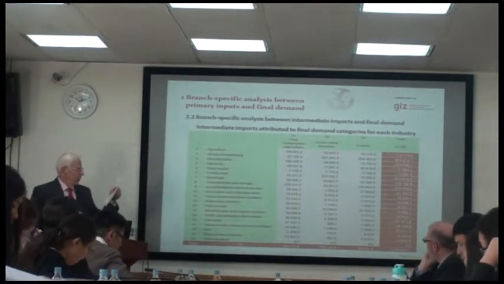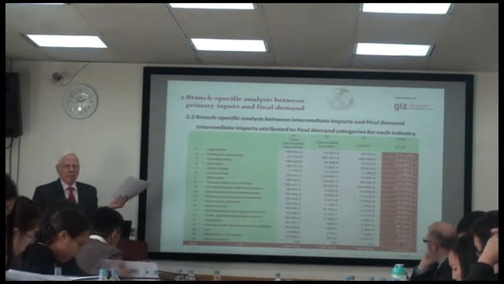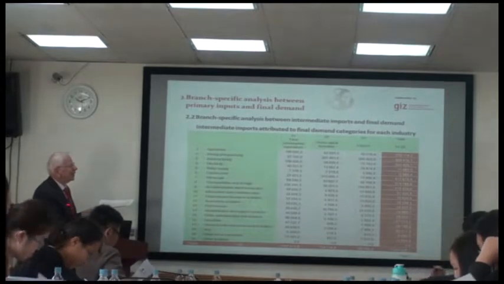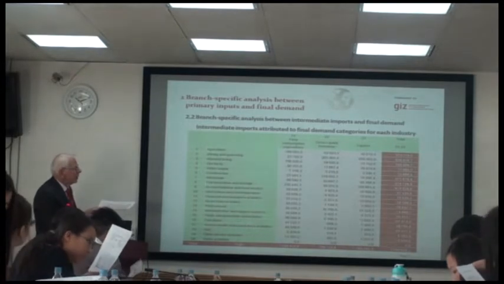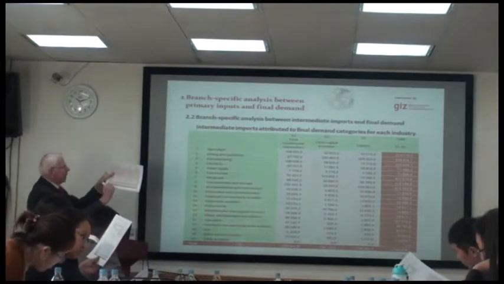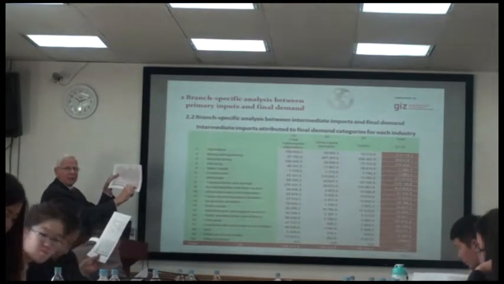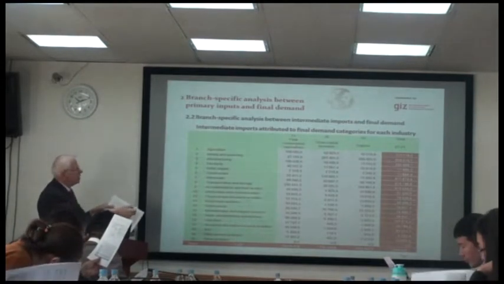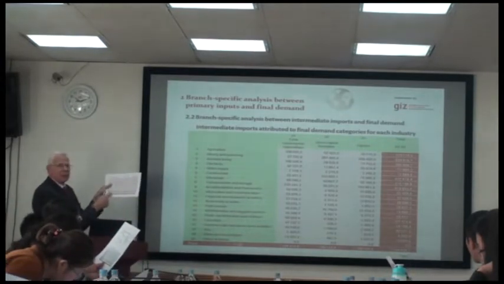You find the figure 212,190. Do you have this figure? Look to our compilation. Here we have the same figure. Aha! All these figures which are shown here sector by sector for intermediate imports are the same as they are presented in our basic table in the row of intermediate imports. Here we have row 21, and we see the same figures which are shown here in the last column are also reflected in our basic table.